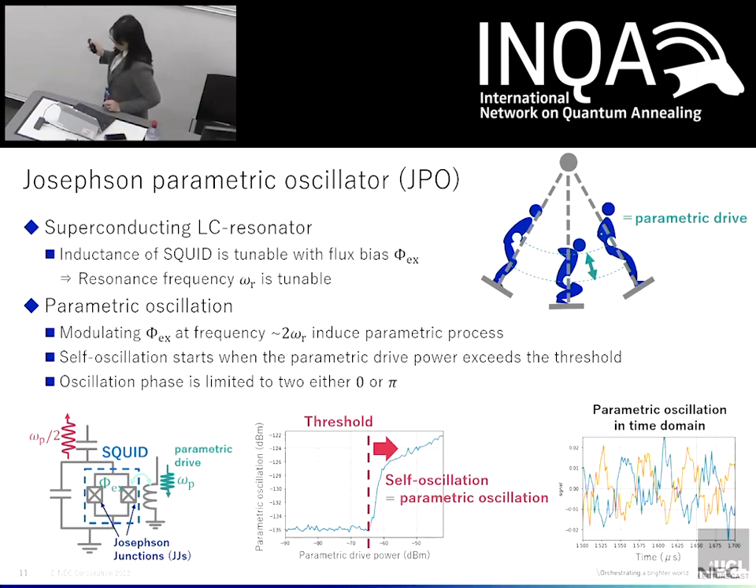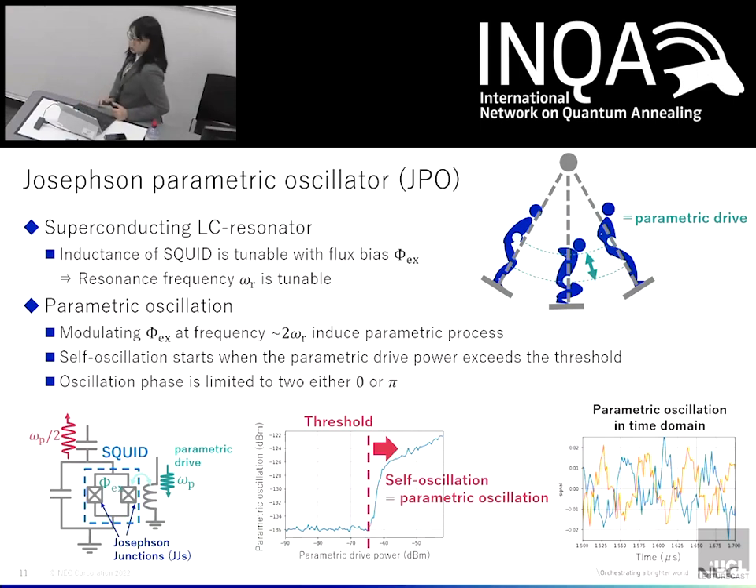The inductance of the SQUID can be changed by the magnetic flux which penetrates the SQUID loop. This results in the frequency tunability of the JPO. The parametric process is often compared with a swing. For a swing, bending and stretching cycles correspond to the parametric drive. And in the case of JPO, it is equivalent to applying a magnetic field with a frequency about twice the resonance frequency of the JPO. When this power exceeds a certain threshold,